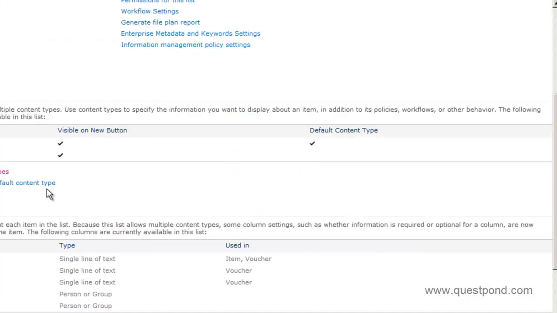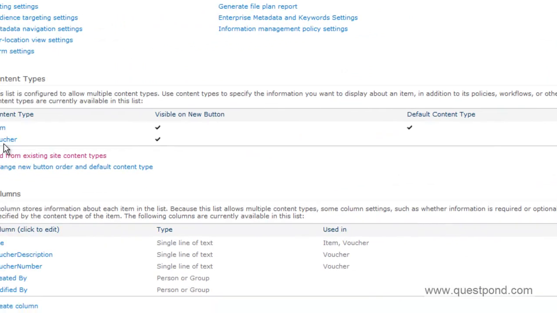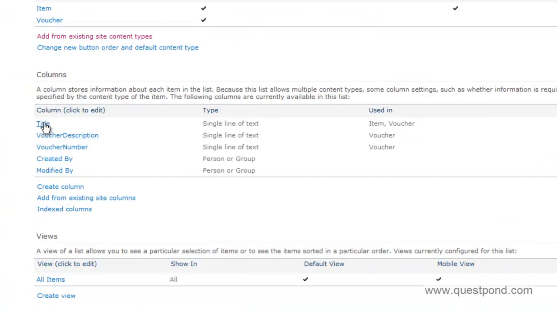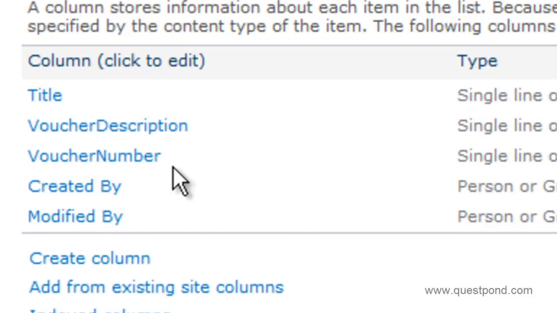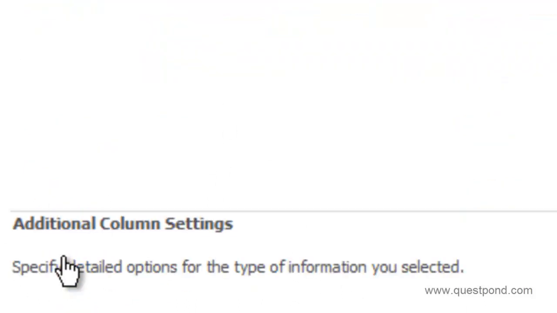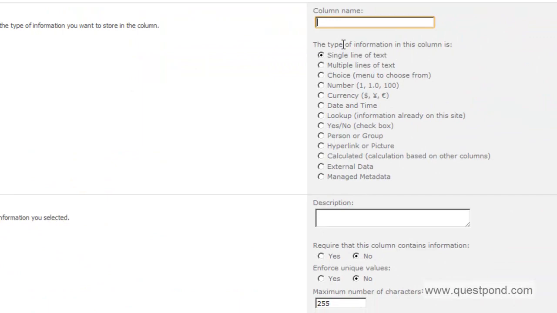Now the time we do that, you can see that it has added voucher here, and you can see it has title, voucher description, voucher number, and modified by, etc., those default fields over here. Now we also need to add one more field here, the voucher amount. So let's create, now this column is not at the site level. Why? Because this is only applicable to this screen or to this list.